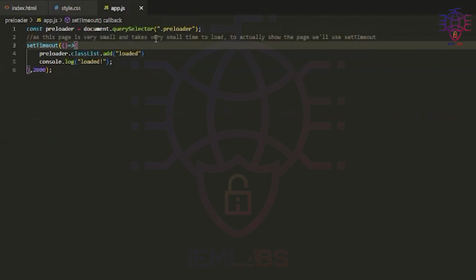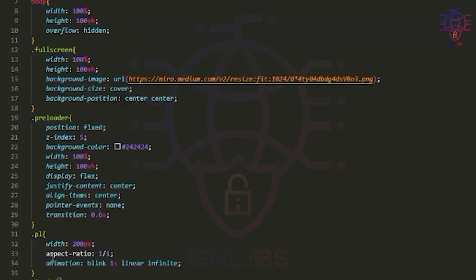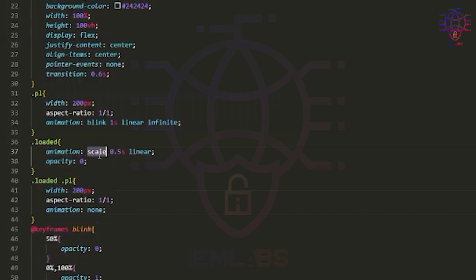Now, in the JavaScript part, I have selected the .preloader div using const preloader = document.querySelector('.preloader'). Now, this page is actually very small and takes very little time to load. That means you will technically not see the preloader being active if we don't use a setTimeout here. We have used a setTimeout of 2 seconds, as you can see 2000 milliseconds, and we have passed a function inside it to preloader.classList.add('loaded'). That means after 2 seconds, the loaded class will be added to the class list